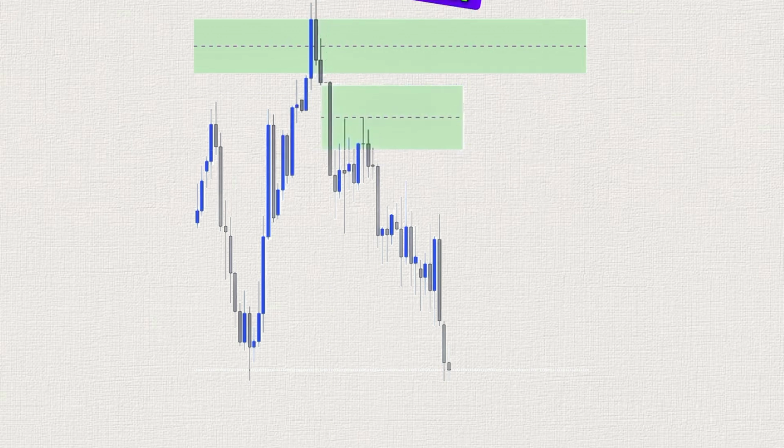That is an area of inefficient price action. Where is it targeted? Liquidity. You can then see it created another sell side imbalance right here, which is an area of inefficient price action. Where is it looking to target? Liquidity. So my target on a lower time frame would be sell side liquidity, and I'm using the higher time